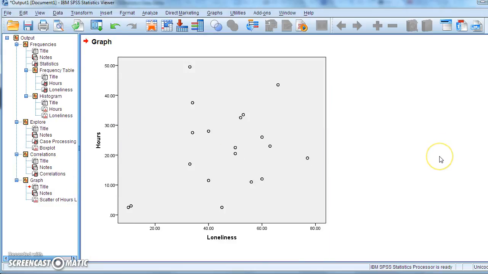The reason for using scatter plots is sometimes you can get what is called a curvilinear relationship, which means that there's a lot of people scoring low on both, and then there's a lot of people, so you almost get what's called an inverted U shape. Now that would show up as being no correlation, but it would show that there's a relationship. It might show that people who are very low on social media are very lonely because they basically don't have any mates on social media. People who are very high on the number of hours may also be very lonely. So it's important to look at that sometimes.